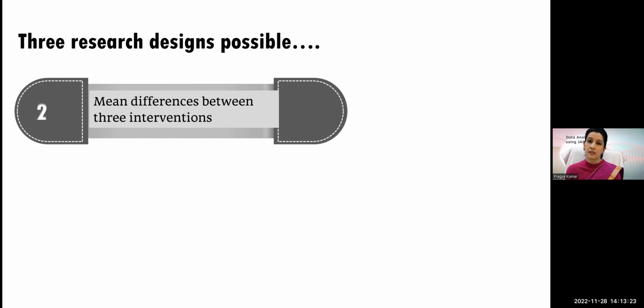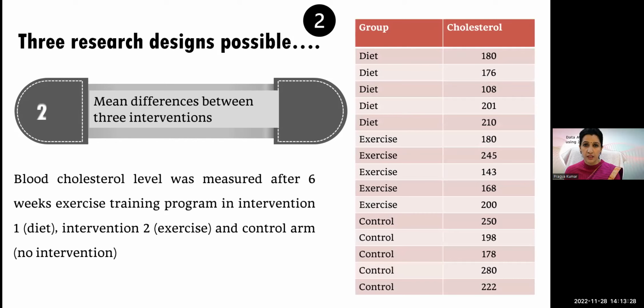That means the similar exercise which we did in the independent sample t-test, that there are 3 groups here. So there is a dietary group, there's an exercise group, and there's a control group. So we are measuring the blood cholesterol level after 6 weeks of exercise training program. Intervention 1 was diet, intervention 2 was exercise, and the third was the control arm. So there are 3 different arms, and you want to measure the